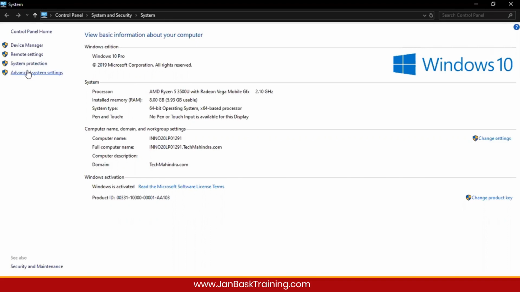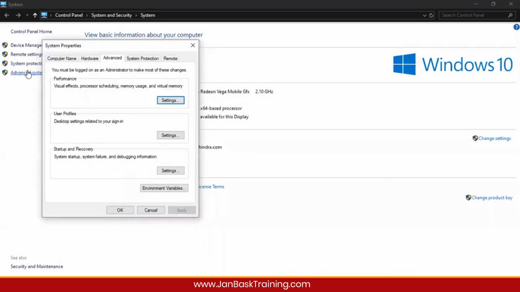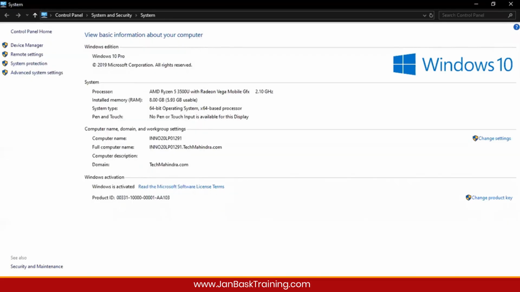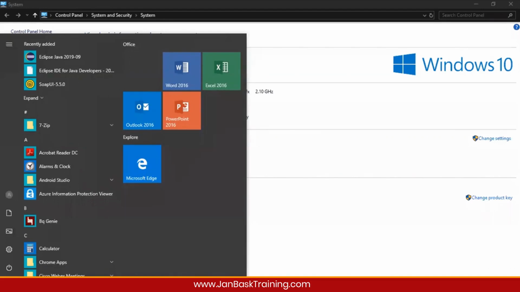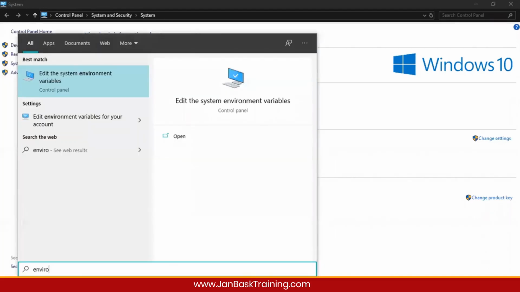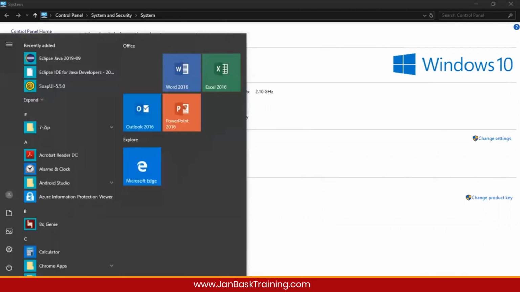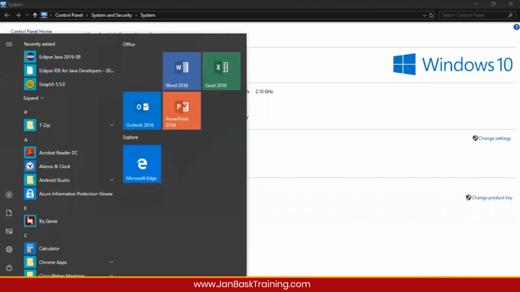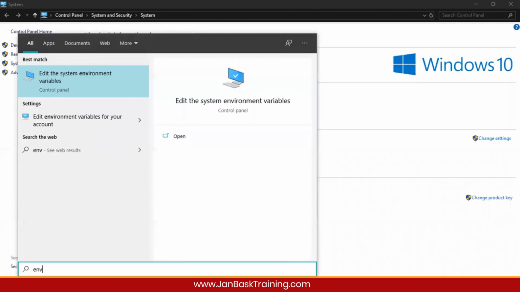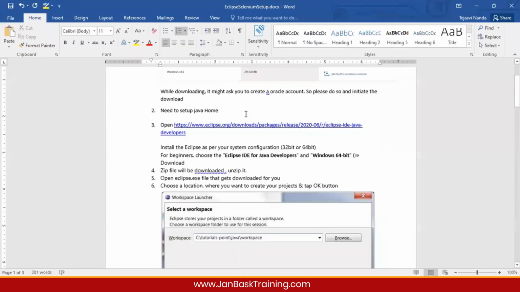So we need to go to advanced system settings, or we could just skip this step. I think it's difficult. Just go to the search menu and type environment variables. You'll see edit environment variables, right? I'll type the step for you.